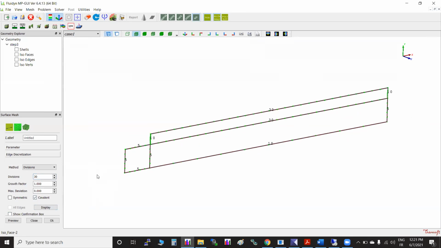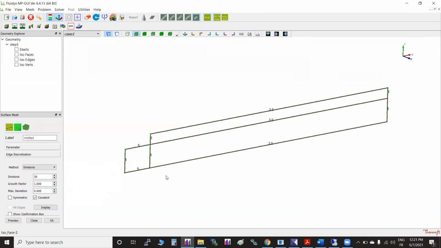Here create some 3. 1, 1, 1. So this kind of option is available here. Sorry, here it is 30. So you can take one of the edges and create it.